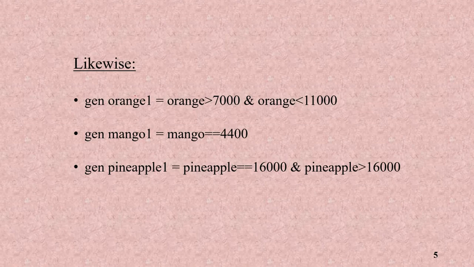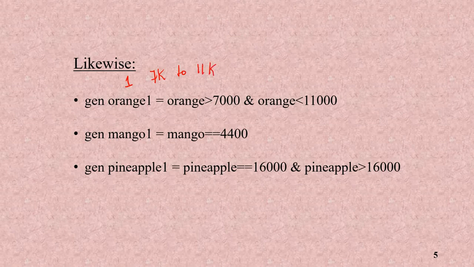Now, the condition is, if the orange variable is greater than 7,000 and less than 11,000, then the new variable orange1 will take 1. That is, orange1 will take 1 if the area under orange cultivation lies between 7,000 to